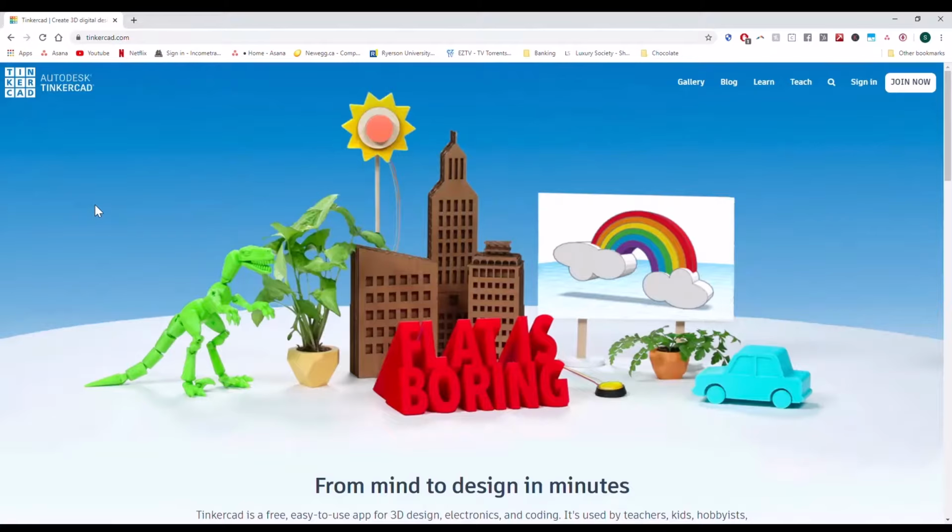Hello and welcome to this tutorial of 3D design for 3D printing. Now, if you haven't already seen the previous videos about some basic 3D design concepts, it's okay. We're going to take it easy and we're going to use Tinkercad today to learn how to design in 3D, and you'll be able to make parts that you can actually 3D print.